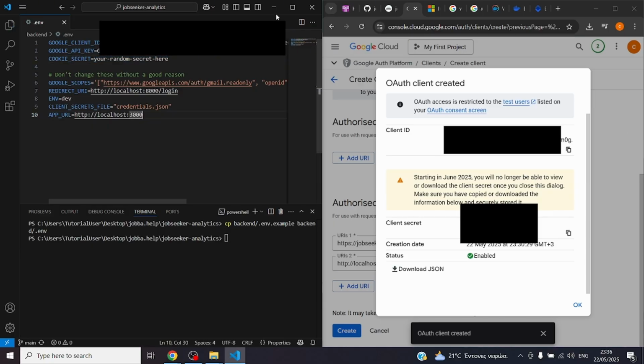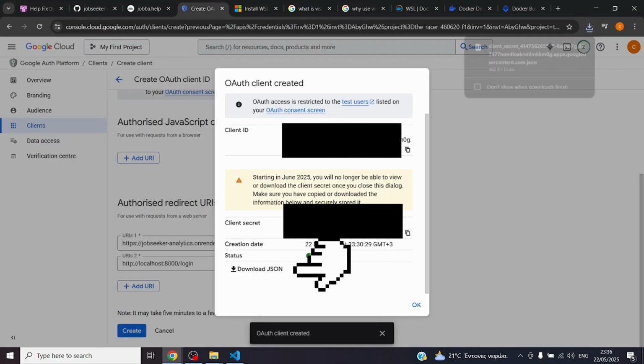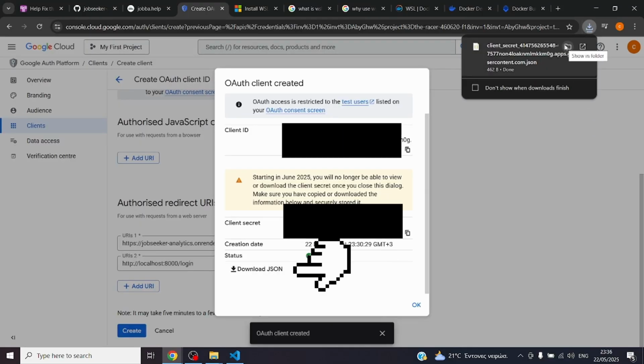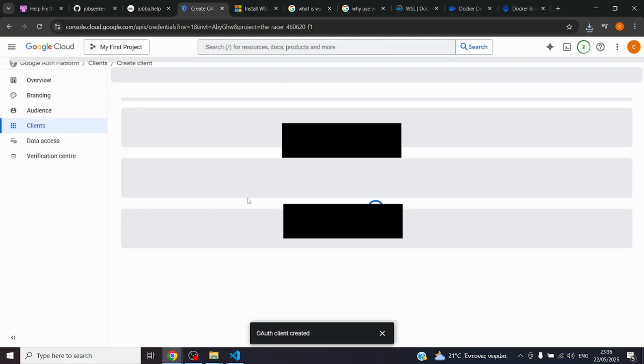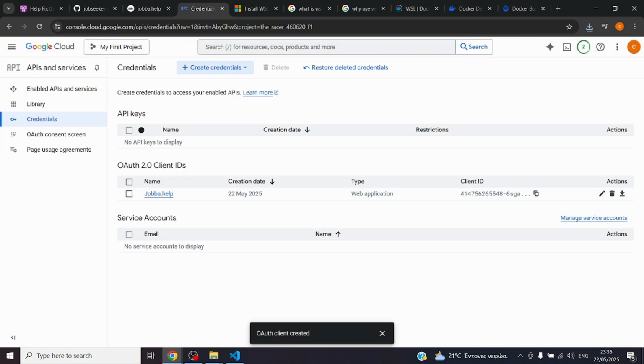Save it and leave it for later. So this is also done on that. This is our credential that we'll need later, so leave it in the downloads. Perfect. So now we connected everything, and now we will need